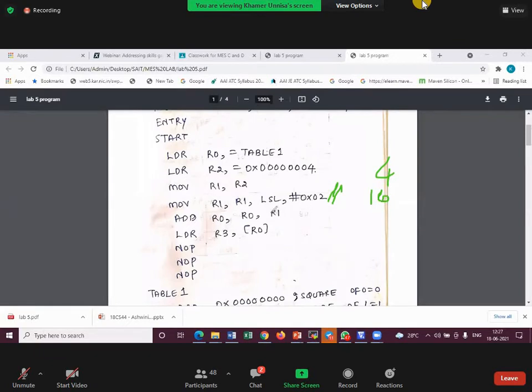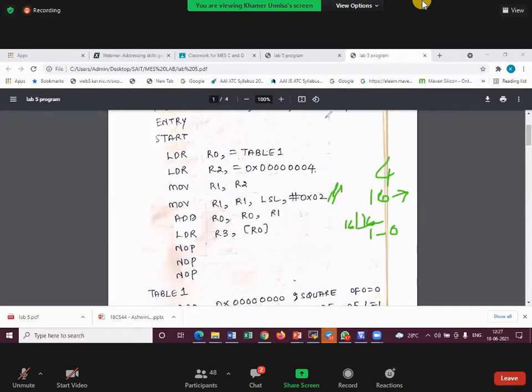Now we know very well that whatever value will be stored in the register will be converted to what? Hexa value, right? So the 16, which is my decimal value, has to be stored as a hexa value in the R1, correct? So how will I convert to hexa value? I will directly divide by 16 over here. 16 ones are 16, and what is my remainder? 0. So R1 will be having the value 10.